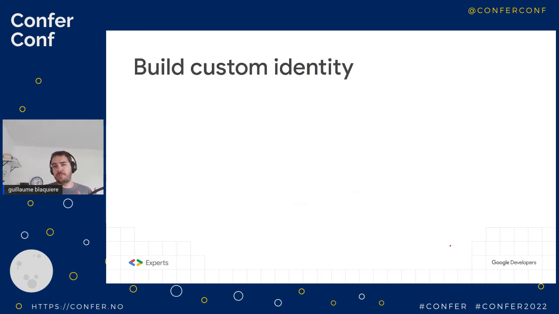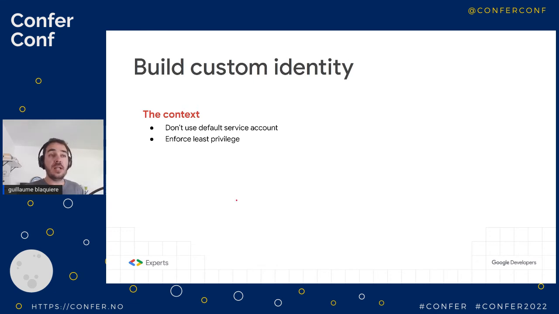I talked about the permission of the pipeline to access the secrets. While we are doing that, we are using the identity. Each product on Google Cloud has its own identity to be authenticated with Cloud IAM, Identity Access Manager, and to check if the service has the permission to access another service. It's very powerful, and it also works with Cloud Build. By default, Cloud Build uses the default service account.